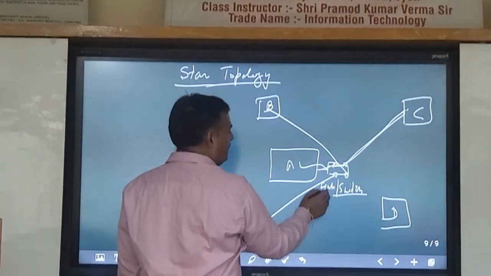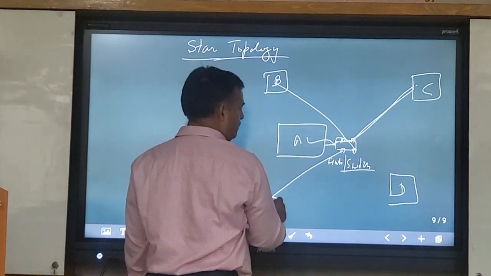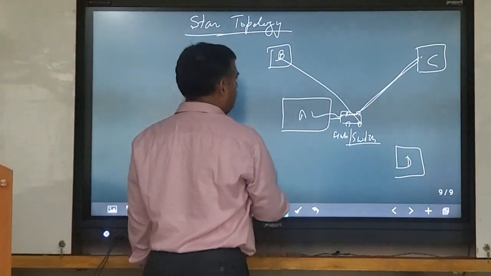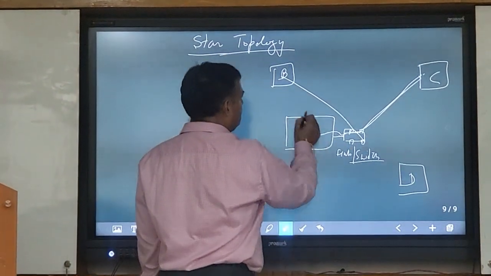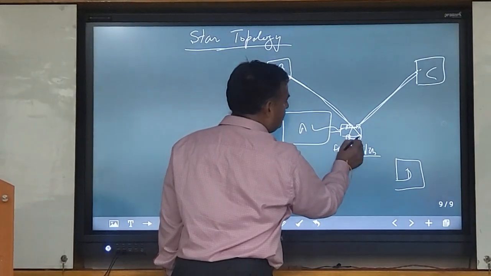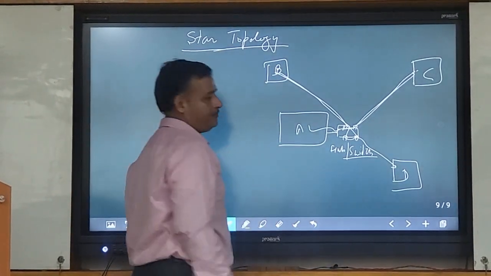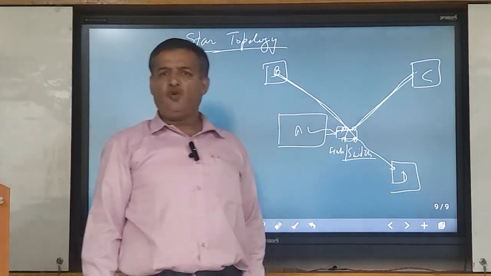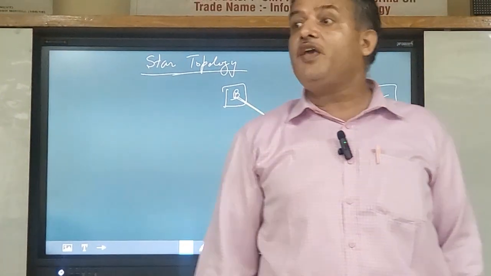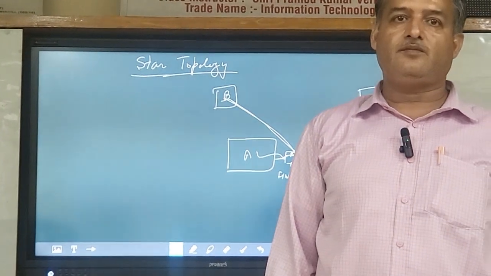If B wants to send a signal to D, then B is this and from this path to this path. So collision, I think, is not possible, but the drawback is again if the A